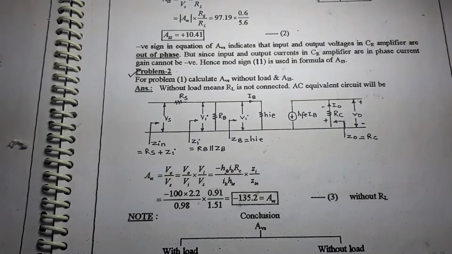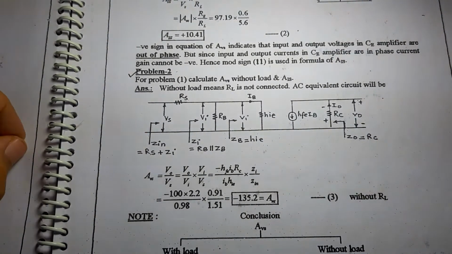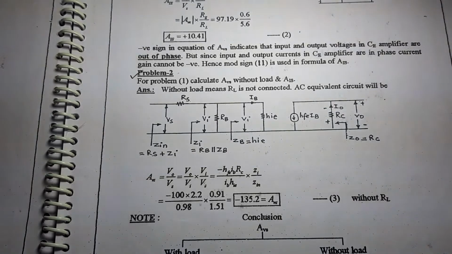Hello everyone. Today we are going to start with the second type of numericals in AC analysis. In the last lecture, we covered the topic of AC analysis when your RE was bypassed and when your RE was unbypassed. Today we are going to see a little bit more modification in the same kind of numerical. So yes, the diagram remains the same as for the previous question.